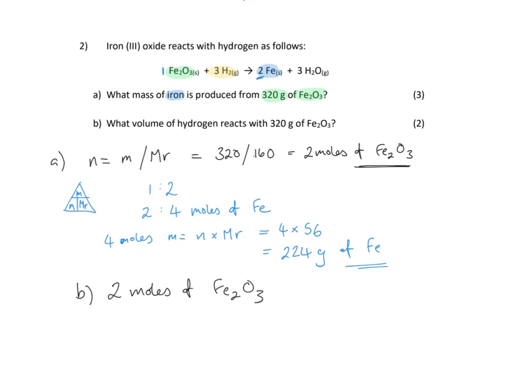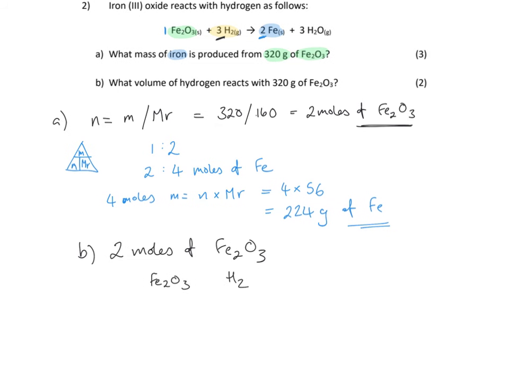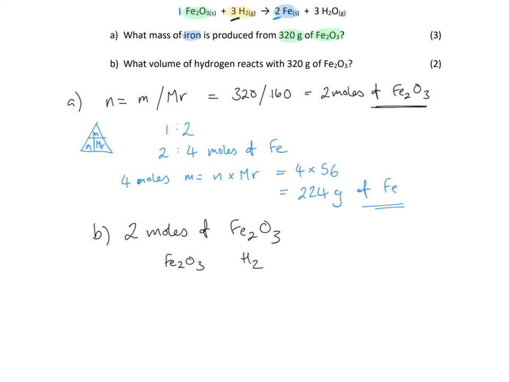Coming up to my symbol equation, I'm looking at a different ratio, so I'm comparing hydrogen to Fe2O3. So H2, sorry, I made a mistake there. Fe2O3 to hydrogen, it's a 1:3 ratio, looking at that 3 up there. So therefore, if I have 2 moles of this going in, I'm going to multiply it by 3, 6 moles